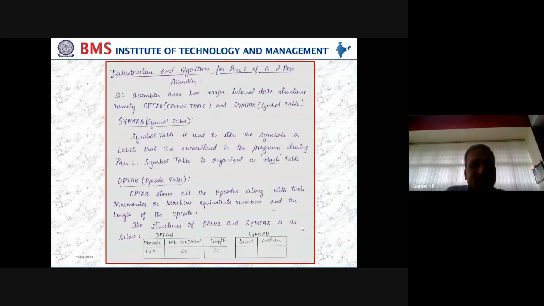Thereby, symbol table, as the name says, label. Symbol means label. Sometimes label and symbol we use interchangeably. So symbols or labels are both the same. So the symbol table, as the name says, SymTab, is used to store all the symbols or labels that we have in the program. If you have 10 symbols, all the 10 symbols will be loaded. If you have 5 symbols, only 5 will be loaded.